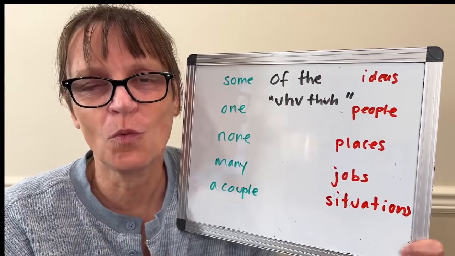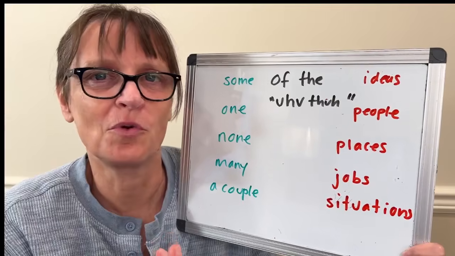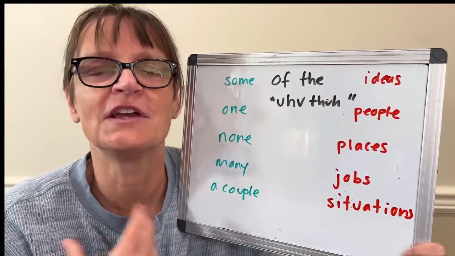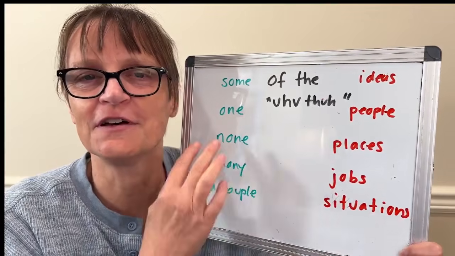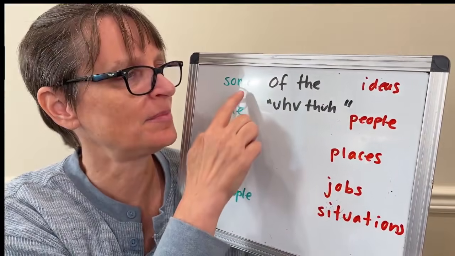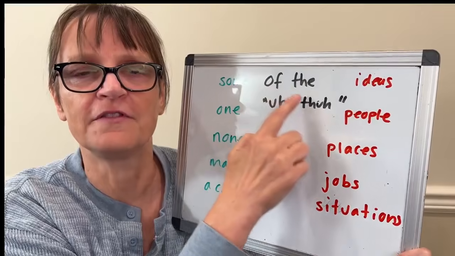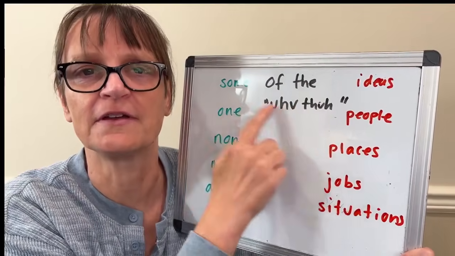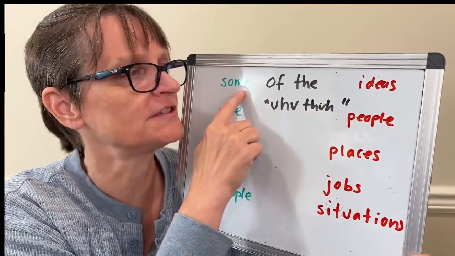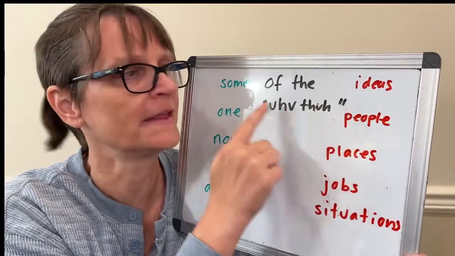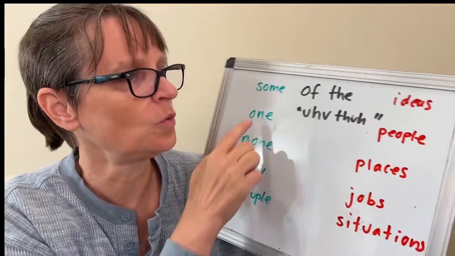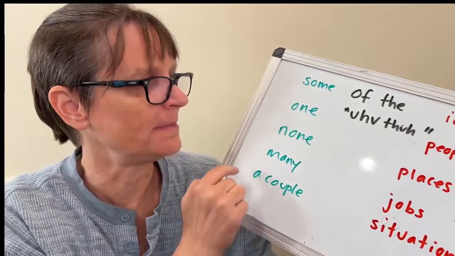So part of what happens with "of the" is it's never the important part of the phrase or the sentence. It goes by quickly, you want to be smooth, and you want to connect before and after "of the" to the other words. So for example, rather than "some of the," I would say "some of the, some of the." So the M of "some" kind of links to my schwa of "of," "some of the." "One of the," etc., "many of the."